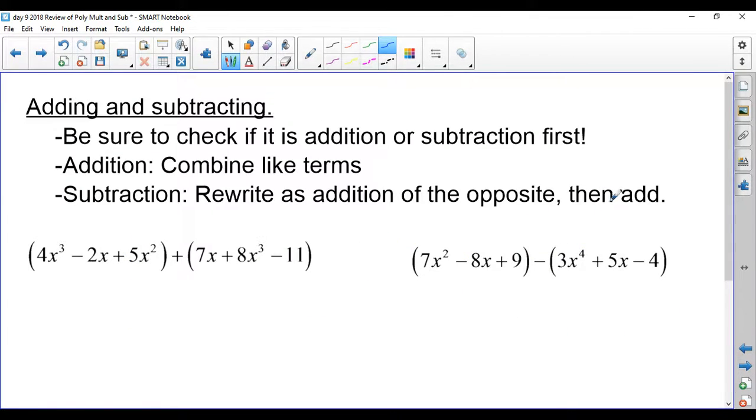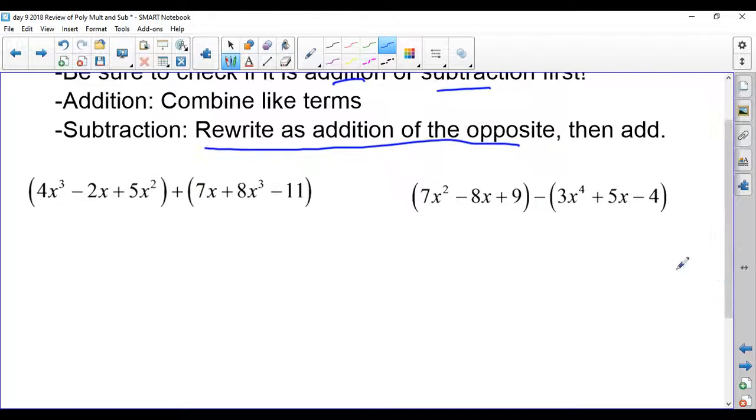The other thing that will be included on the quiz is adding and subtracting. And the steps here, first of all, make sure to check. Is it addition or is it subtraction? Sounds obvious, but it's really important. If it's addition, we just combine like terms, where we add the coefficients and keep the exponents the same. If it's subtraction, I want you to show me that you're rewriting as addition of the opposite